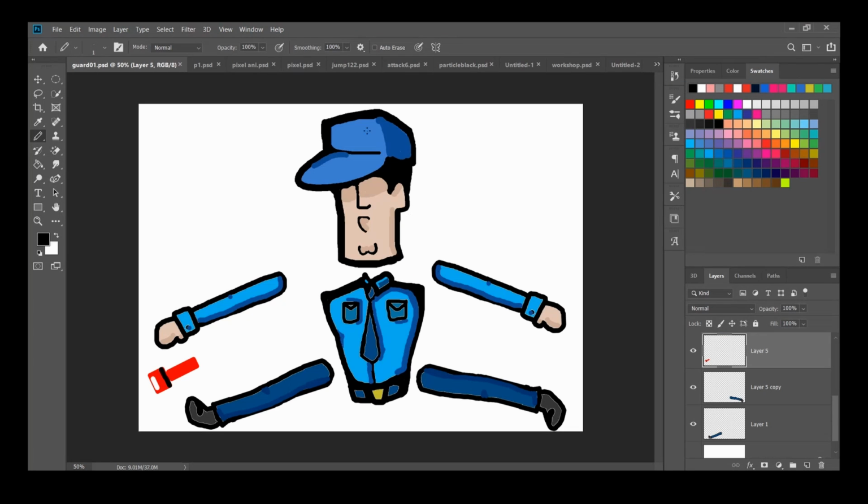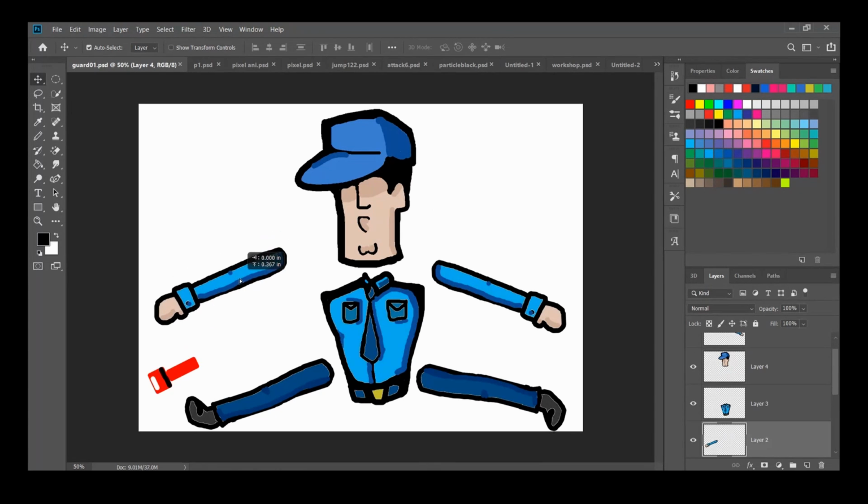See, if I want to change the head, I just move the head. So the head is in one layer, the body in another, the left and right arms, and the torch. I don't want to move the cap, so I put that in the same layer as the head. Then just export from here and import in Unity,